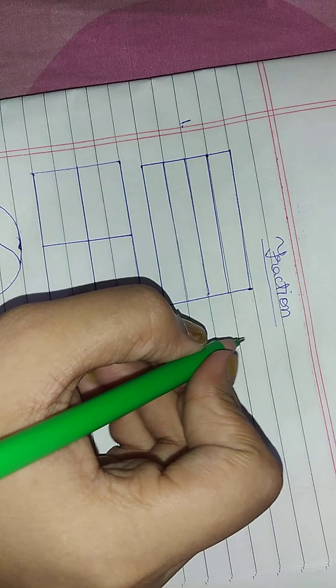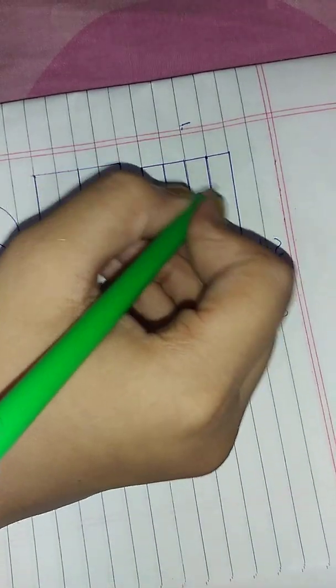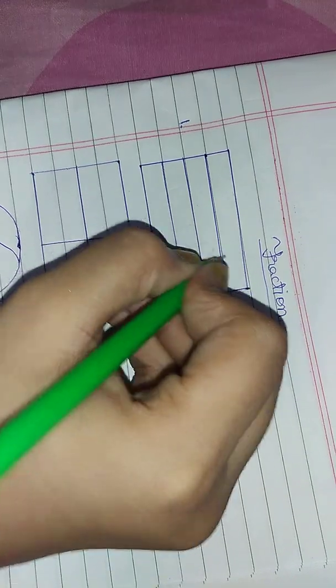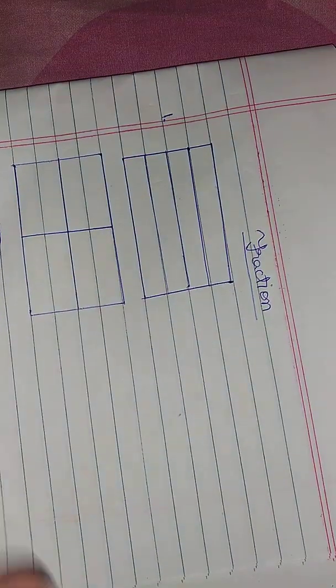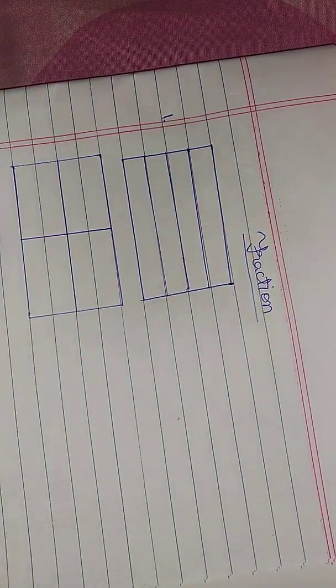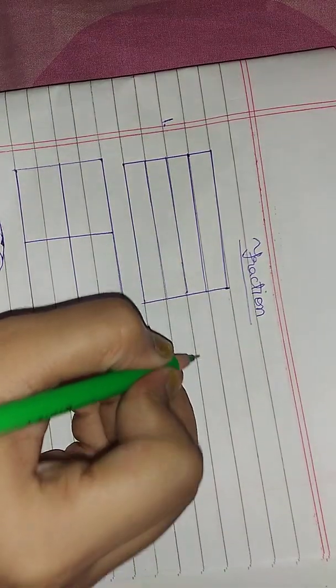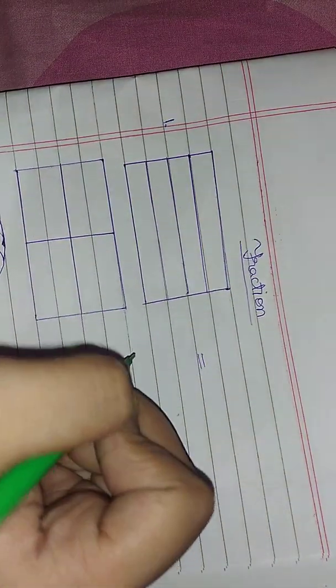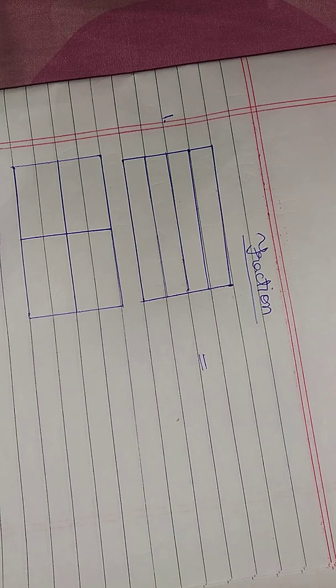And now I will be cutting some boxes. Means there are 4: 1, 2, 3, 4. I will be cutting some, and you have to make the fraction. Everybody knows, I think, fraction. So you all can answer this and write it near here. And after writing, I will be giving you 10 seconds, and then I will write the answer.